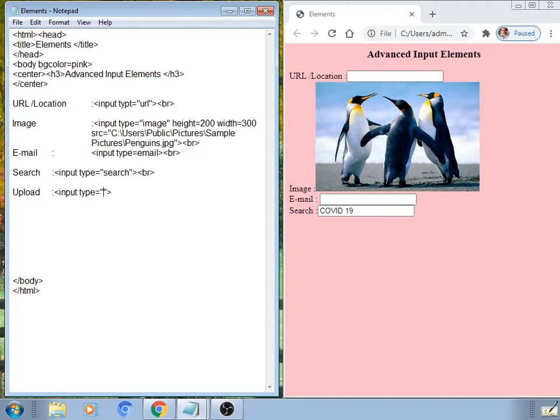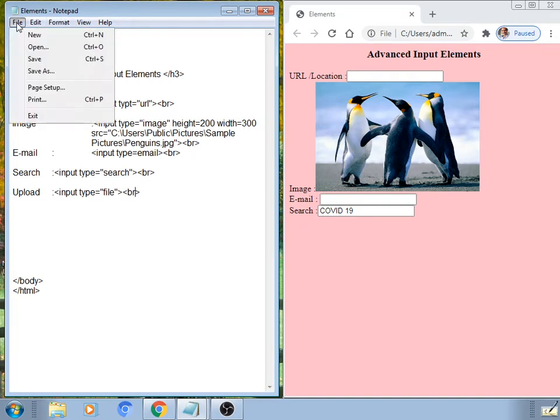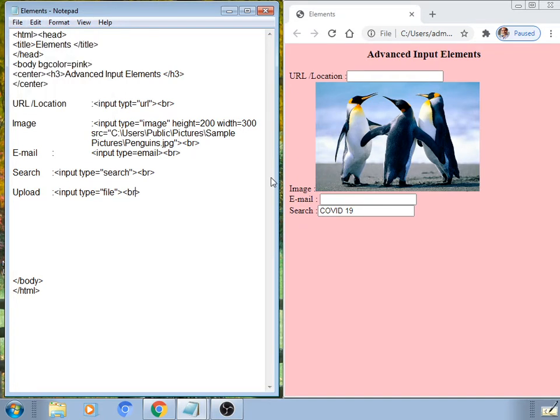So input type equal to file element is to be used, which produces a browse button to select your file from your location, and you can upload it. See here, I have given a field name upload here, that is displayed.